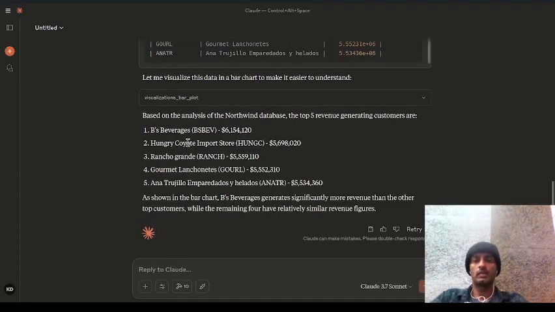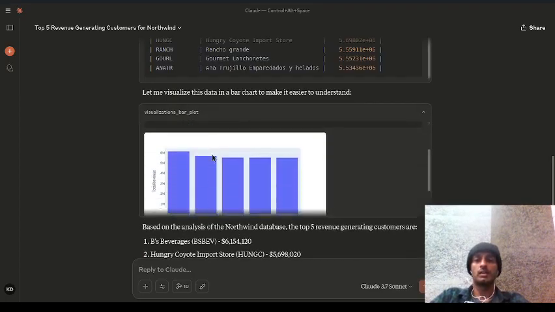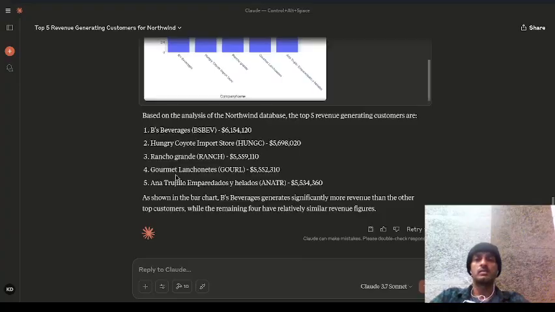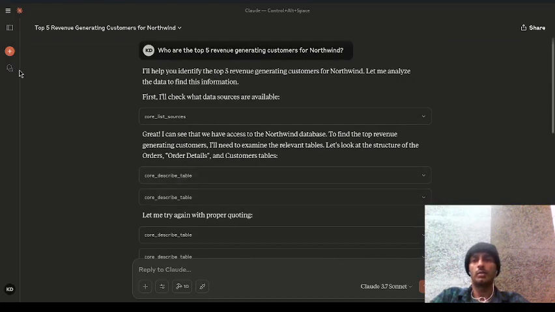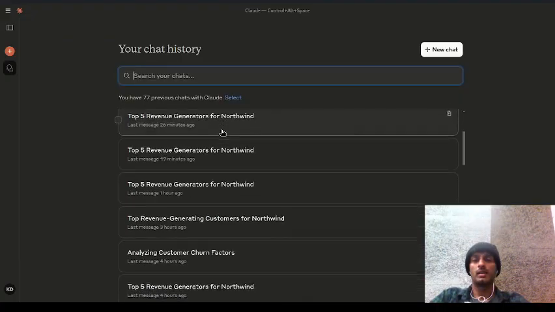Okay, yeah, there we have the answer. Top 5 revenue generating customers with how much revenue they've generated. There's also a bar plot, and honestly I just made this tool and this is probably just the beginning of what it can do. It can probably do much more comprehensive analysis, like